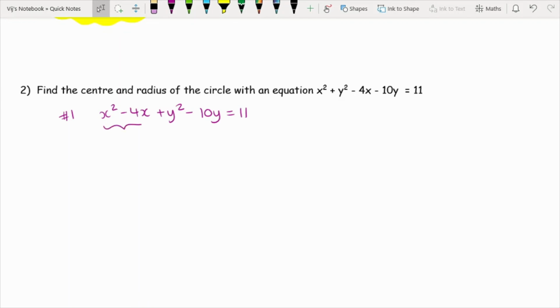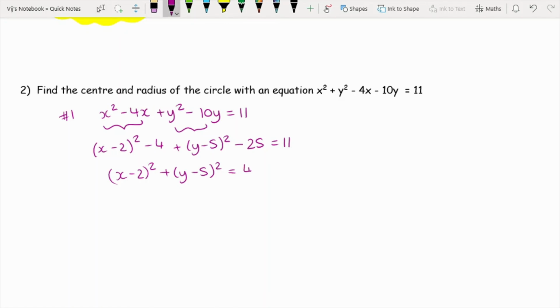And then all we're now going to do is complete the square. So we've got (x − 2)² − 4, and then we're going to have + (y − 5)² − 25 = 11. And then finally, all we've got is (x − 2)² + (y − 5)² = 11 + 25 + 4, which gives us 40. So here our centre is at (2, 5), and our radius is equal to